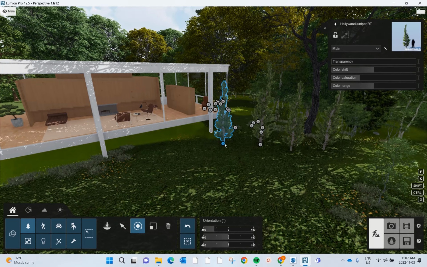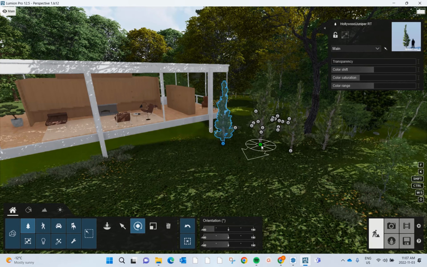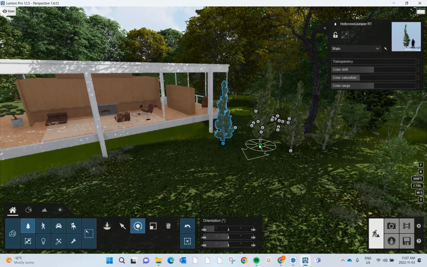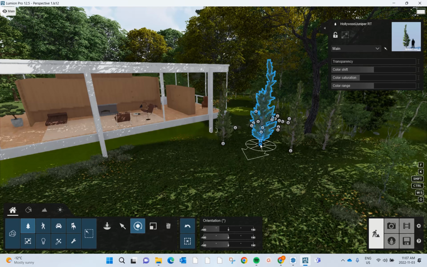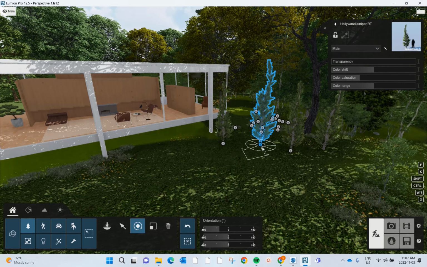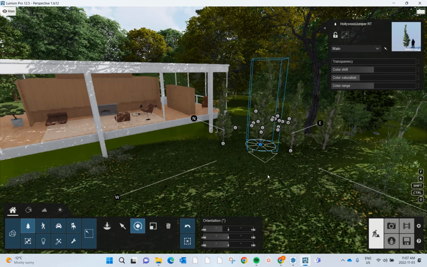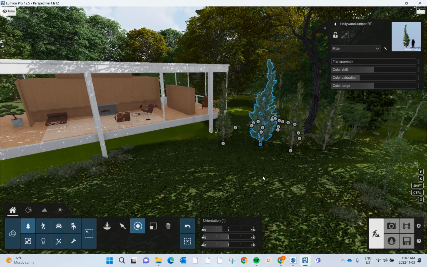If I want to rotate this tree over here, I'm not stuck on this one. I can just move my cursor over here. See the green indicator? That's Lumion asking us, do you want to pick this one? So I'm going to say, yes, I do. I will left click, and I'm going to click and hold, and I can rotate this all the way around as I need. So that's all good. If we can rotate, we can move,